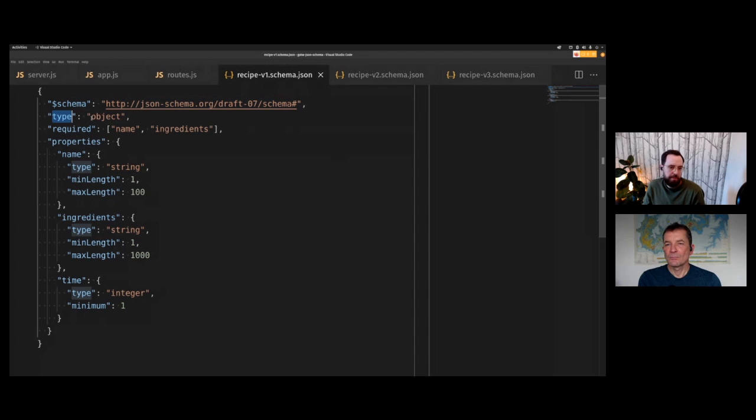And it describes the type that we're expecting, whether we're expecting an object, or in this case over here a string, or over here an integer. So these are the common types you would see in any kind of data. Because this is at the top level of our schema, we're saying that the data we're validating, we're expecting it to be an object. And for object types,